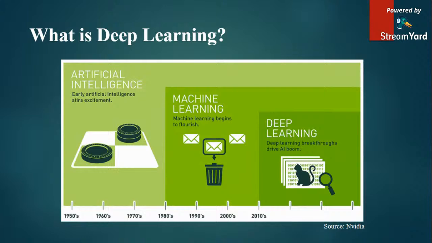But in 2010 onwards, the deep learning term caught on, wherein the deep neural networks term was introduced, and it has been gaining popularity in the industry so far. So let's understand what essentially deep learning and machine learning is and how different they are from one another. So I usually think of deep learning in this way, since deep neural networks, for instance, have